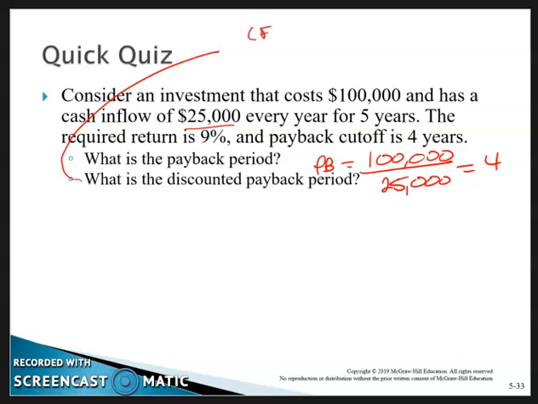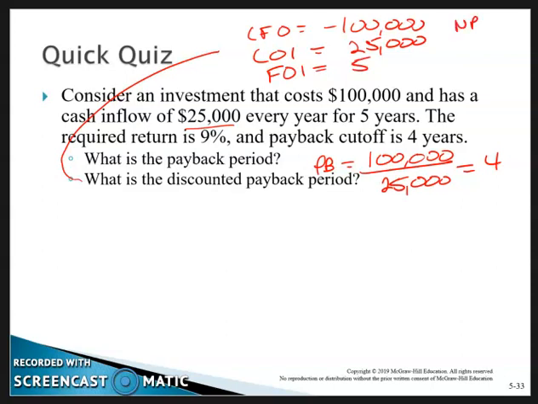So CF0 is going to be negative 100,000. C01 is 25,000, and it occurs every year for 5 years. So F01 is 5. You click on NPV and you set I equal to 9,